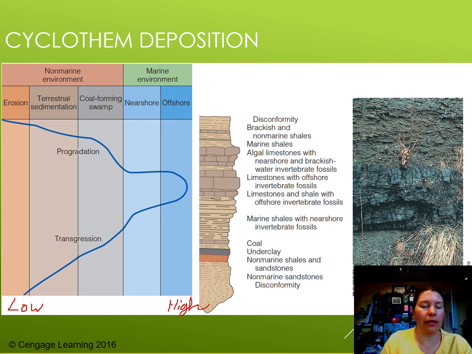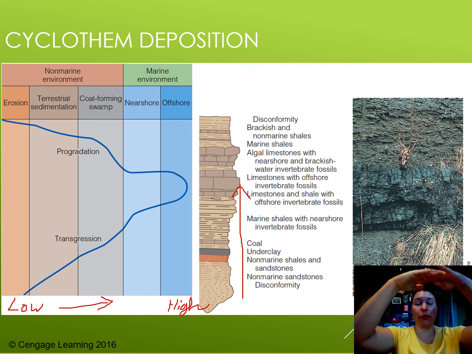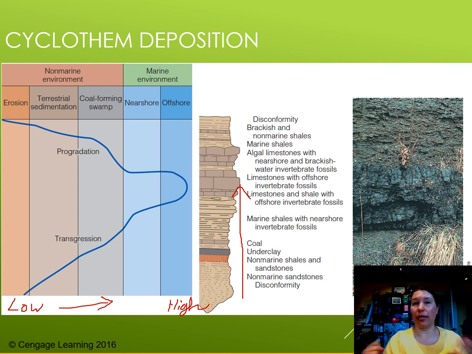When we have low sea level, we have erosion taking place, but as sea level rises, going through a transgression in this case, this would be called a transgressive sequence, where you're going from non-marine or terrestrial sediments to coal, which is usually transitional, to finally marine and offshore sediments. That means sea level in that one location, and this is usually global, is rising over time. So non-marine sediments, more transitional, and then finally marine sediments, that means sea level has risen.